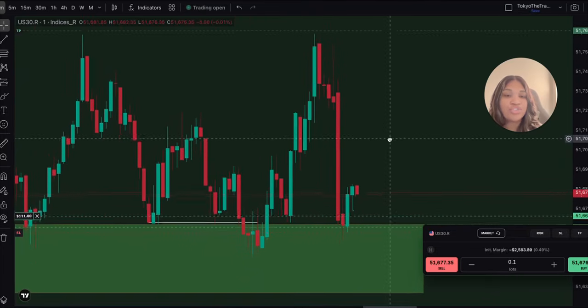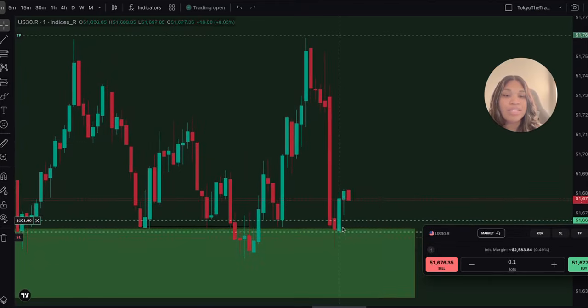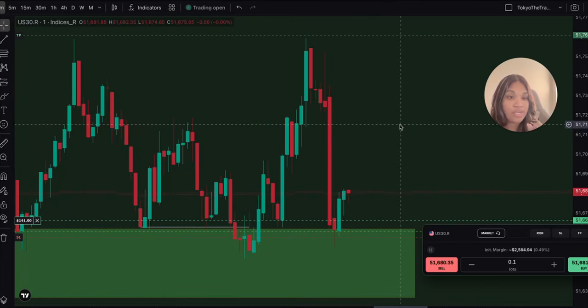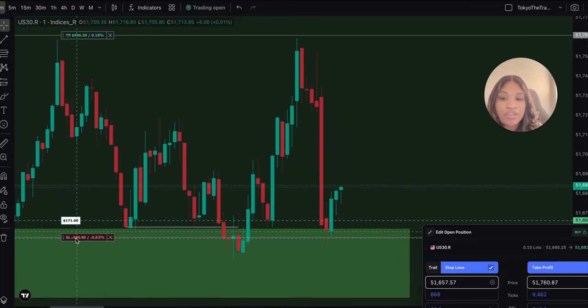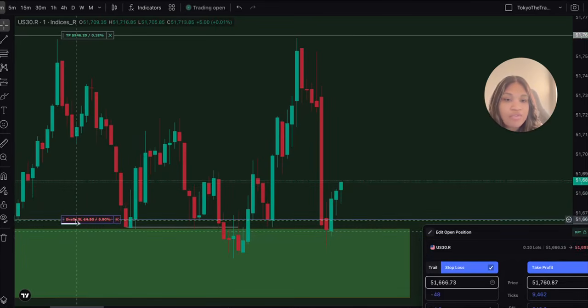You can also trail. You can trail your stop loss up. So as price is moving up, you guys can see your stop loss move up as well. So if it turns around again, you guys can be taken out of the trade in profit. That's a really nice way. Sometimes the trailing of the stop loss does take you out of your trades sooner than what you want to be taken out of. So we're on the third candle since the entry, and I'm going to move my stop